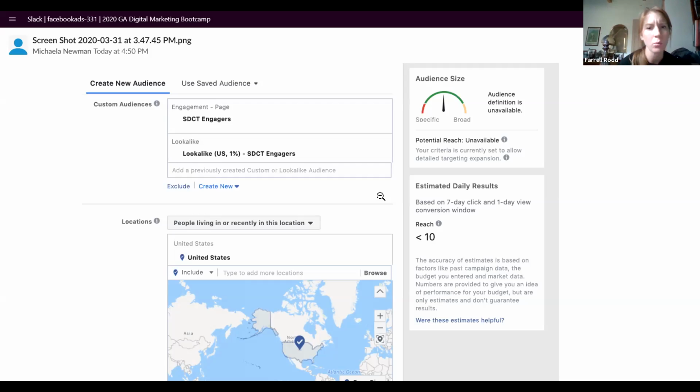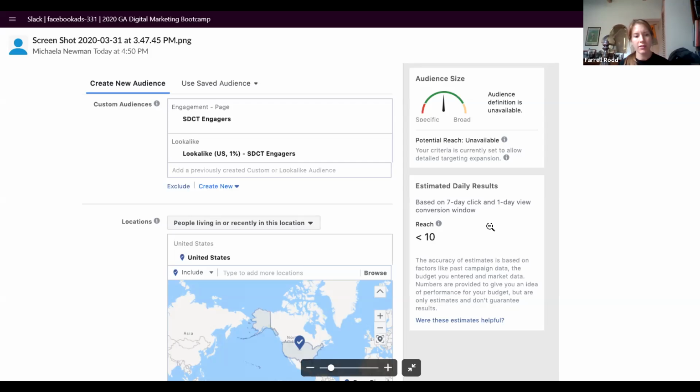How do you know if there's a lot of waste or not? So you will look at your performance. Once you get your campaign up and running, you're getting, say, a lot of clicks or a lot of impressions, but people aren't engaging with your ad, or they're not actually taking whatever conversion you want them to take. So maybe it's a sale. So you're spending a lot of money, but not getting a lot of results from it.